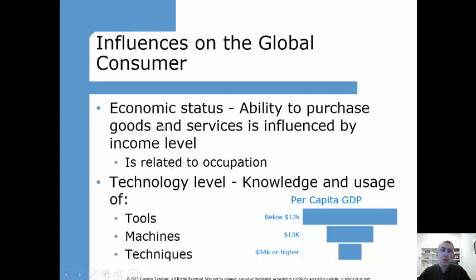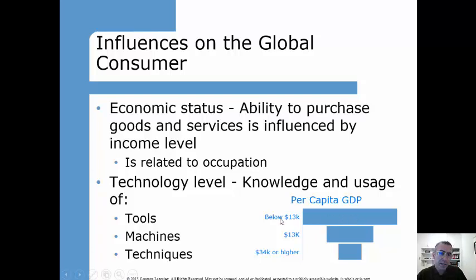Let's see. So the economic status, the ability to purchase goods and services influenced by income level, and that relates to occupation. Technology, the level and usage of tools, machines, and techniques. What your author does here, he kind of reminds us about the fact that the majority of the global population makes less than